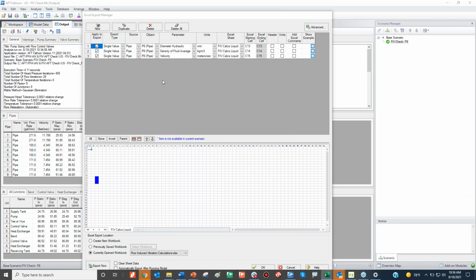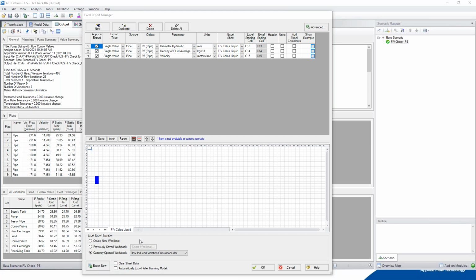So now the next step is to select, if you don't want to open it, you have to save it, so you would say previously saved and save work with. As I said, I prefer to open it to make sure it exports and I can see it exporting.